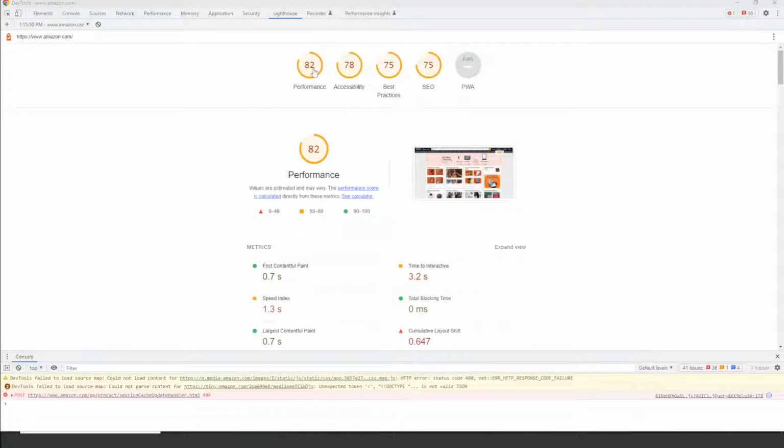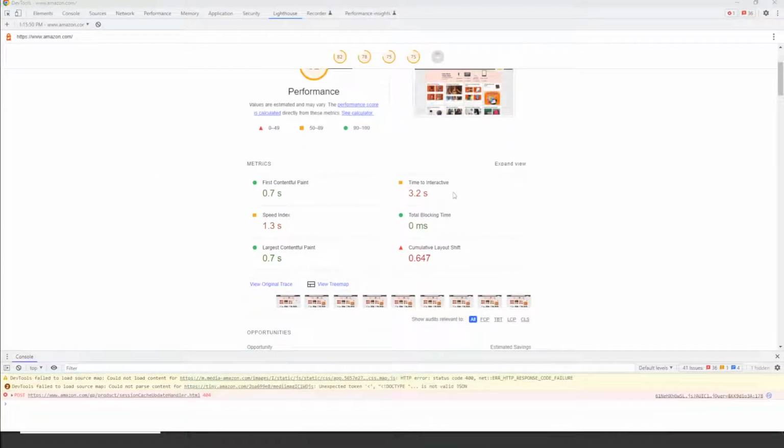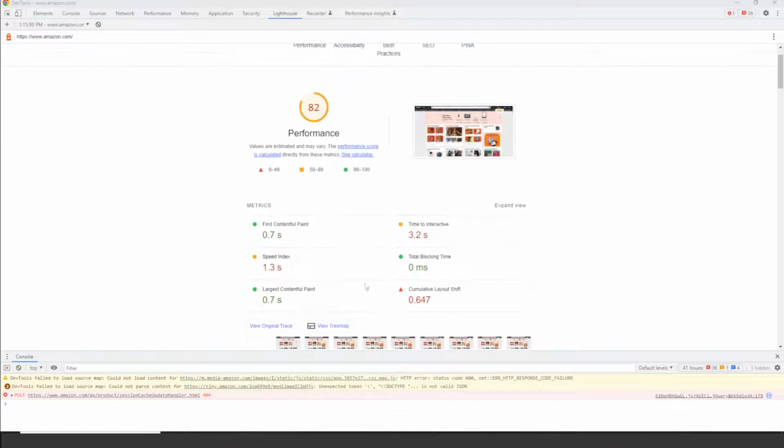Right, and so we can look here. We got an 82 in performance, which is actually improved performance versus what we got on the old report. A 78 in accessibility, a 75 in best practices, a 75 in SEO, and a non-applicable in PWA. And if we go through here, we can actually see some views, and we can, if we notice here, a lot of the data that it's talking about here is some of the data that we saw last week as we were examining some of the tabs and things while we were looking through